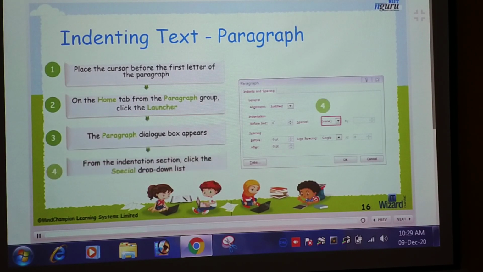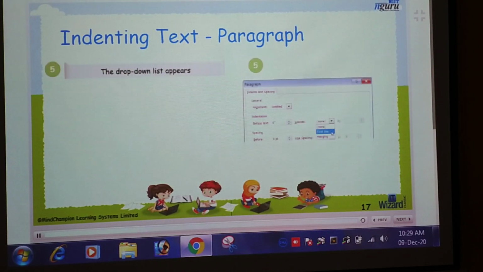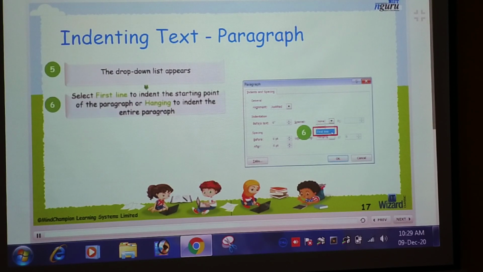Then from the indentation section, click the special drop down list. Select first line to indent the starting point of the paragraph or hanging to indent the entire paragraph.